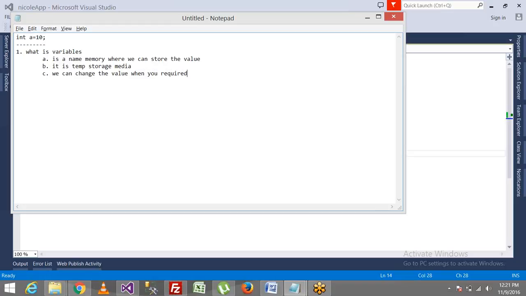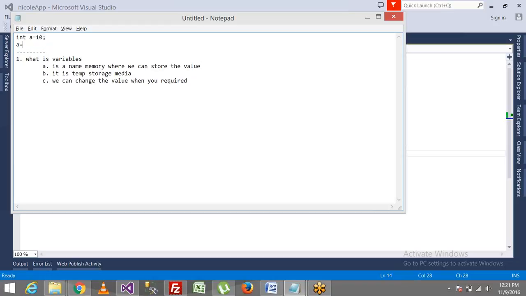Understood? So suppose here we initialized, we store the value 10 into a. Later, if you want, you can modify that with 20. So these are the 3 points we need to remember. Understood? But when we are giving the names to the variable, not only variable,